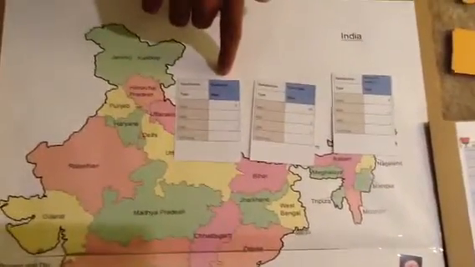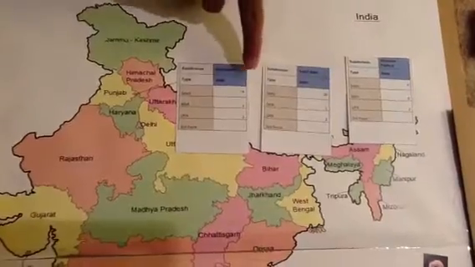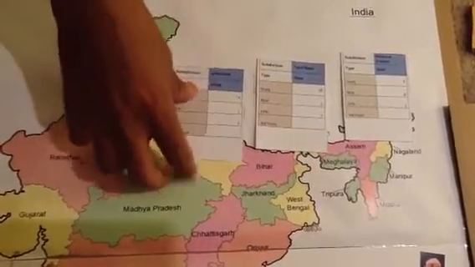You play for 3 states, you put out 3 states. Let's call it one phase. So right now you are playing for Jharkhand, Tamil Nadu, and Himachal Pradesh. Himachal Pradesh has 4 seats, Tamil Nadu has 39 seats, Jharkhand has 14 seats. Now on each of these cards, you have certain things such as who has more bonus over here.